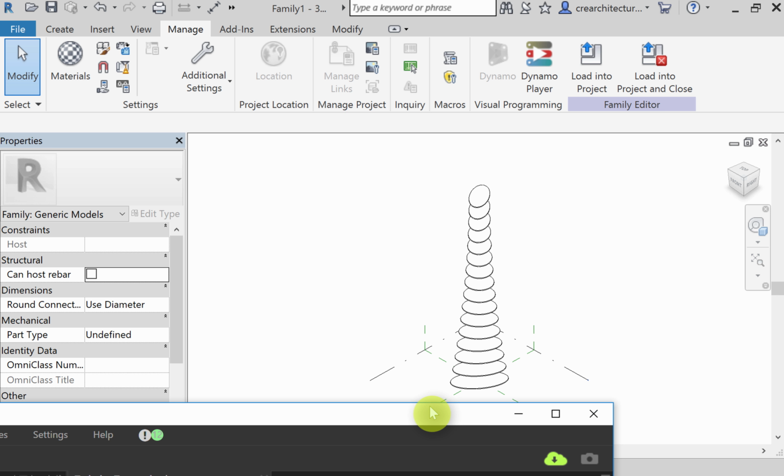But this is the family. Are you going to load it into the project? Yes. The blue lines is the preview. So if you go to